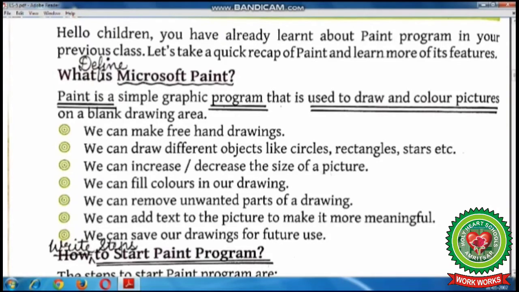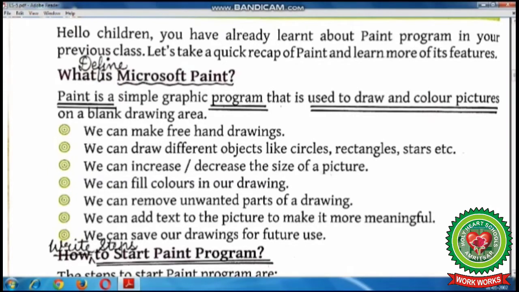Next feature is we can add text to the picture to make it more meaningful. Children, you have used the text tool to insert text in your drawing. Like if you want to give a name to your drawing, you can give it by using text tool option.